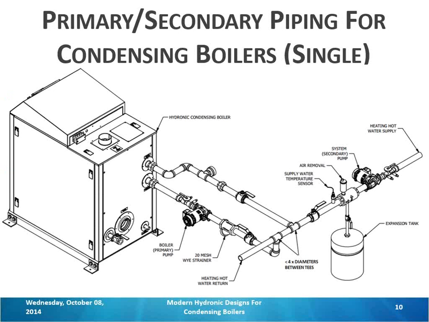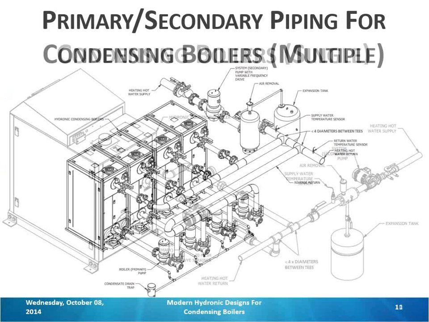And we can expand that out to a multiple boiler plant, because many of the plants that we deal with today are multiple boilers, modular plants. In this plant, we have a 4-boiler system. We have a common return header coming back to the boilers with reverse return. This helps balance the flow between each boiler. You can also use balancing valves to get this effect, but this is just shown in kind of an ideal